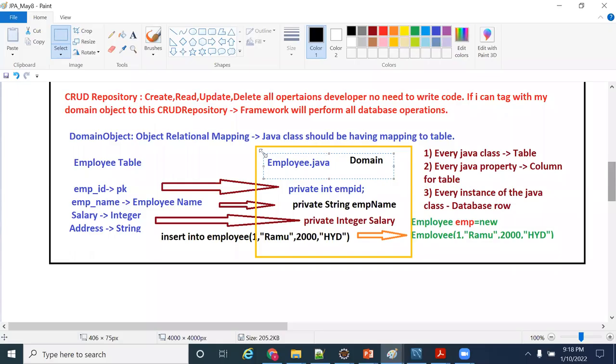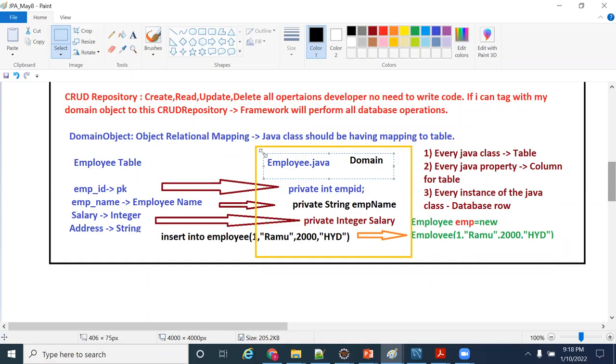This is an important interview question. JPA, ORM, Hibernate, these are common words. Like fish is non-veg, chicken is non-veg, mutton is non-veg, in the similar way JPA is an ORM, Hibernate is an ORM, iBATIS is an ORM.